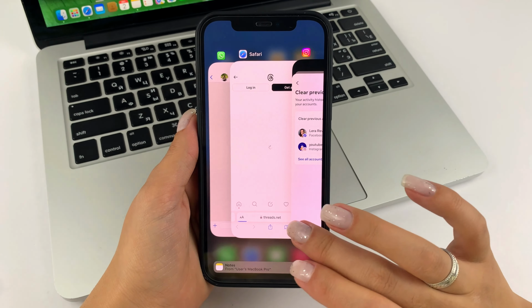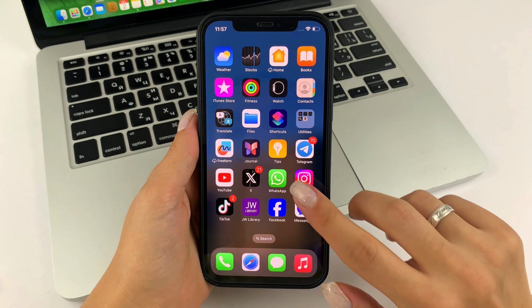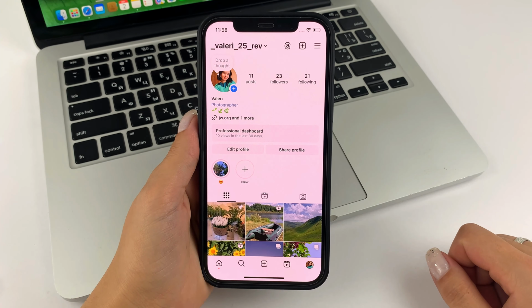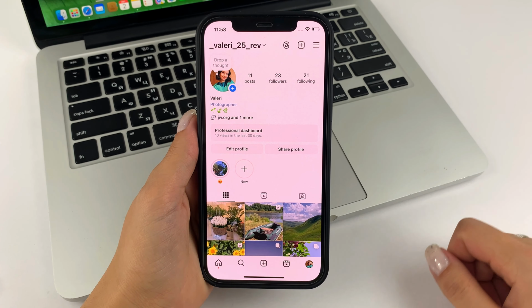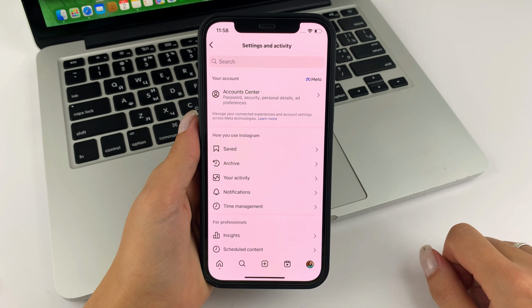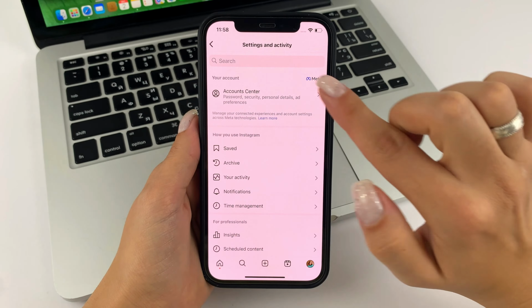And let's get started, and I'm going to show you the whole process from the beginning. So, first of all, you're going to need to open your Instagram page. Go to the page itself. Next, on the top right, click on the three bars. Now that you've come to the settings, you'll need to open your Meta account. To do that, click right here.